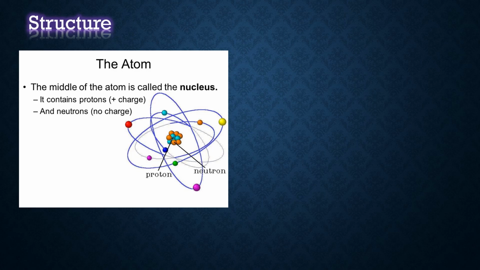Suppose the nucleus-to-electron distance is tiny, then that is said to be a stable atom. Like that, the two things we are going to learn here: first, the atom has a nucleus. The nucleus is made up of protons and neutrons. Around the nucleus, electrons revolve.